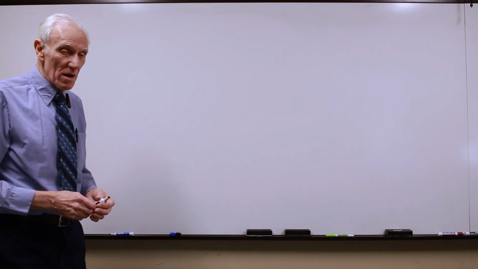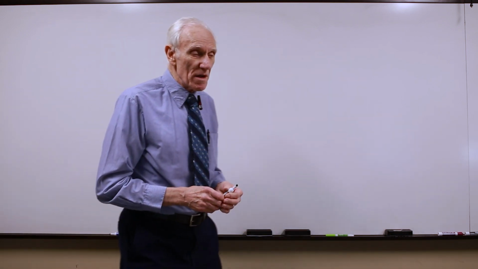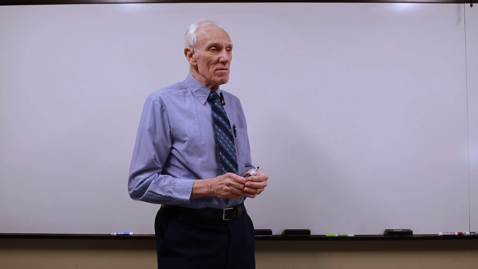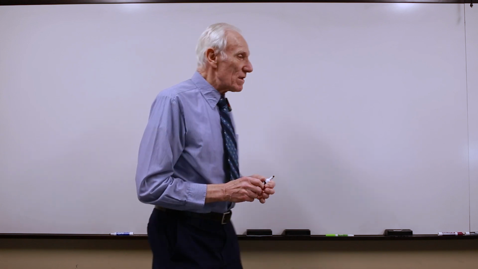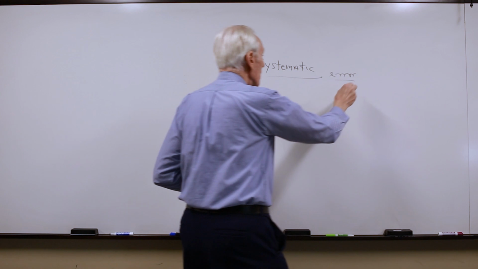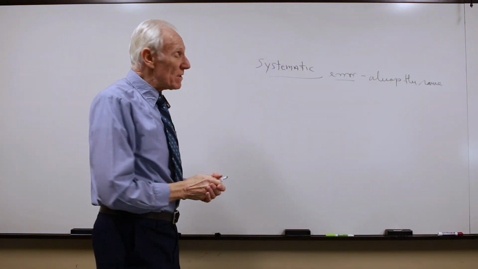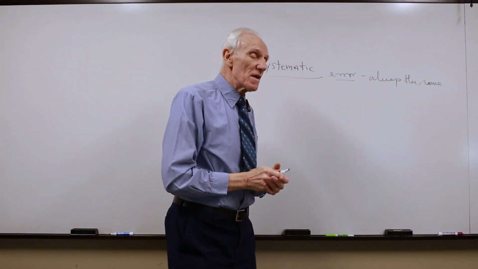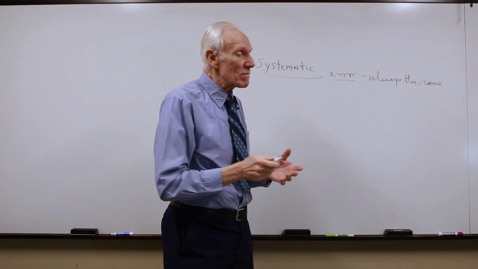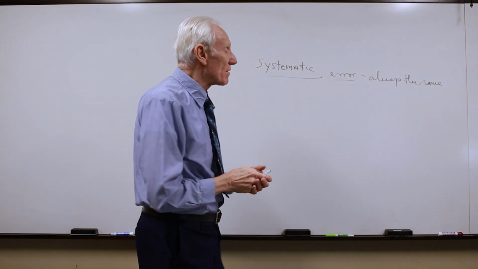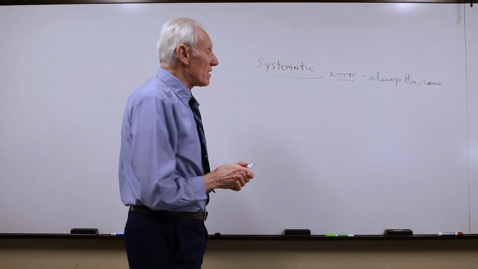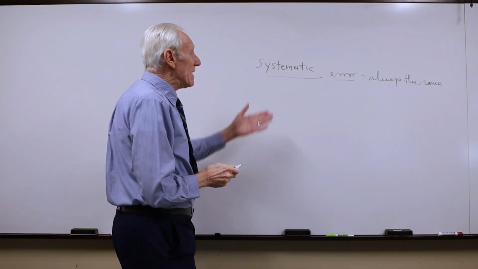The first one I want to talk about is an error that you sometimes have to look hard to find. It's called a systematic error. They're always the same. The good news about these is if you can figure out what they are, you can correct for them, and it's a nice constant correction. But if you don't know what they are, you don't even know if you have them,